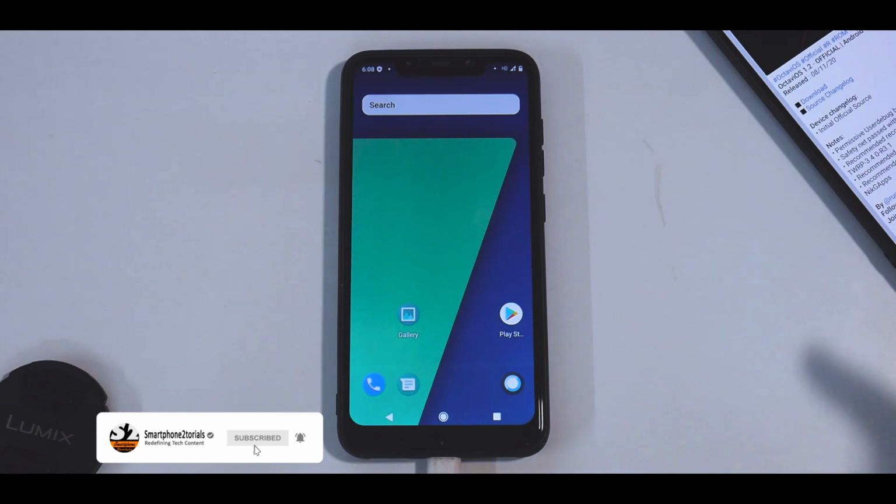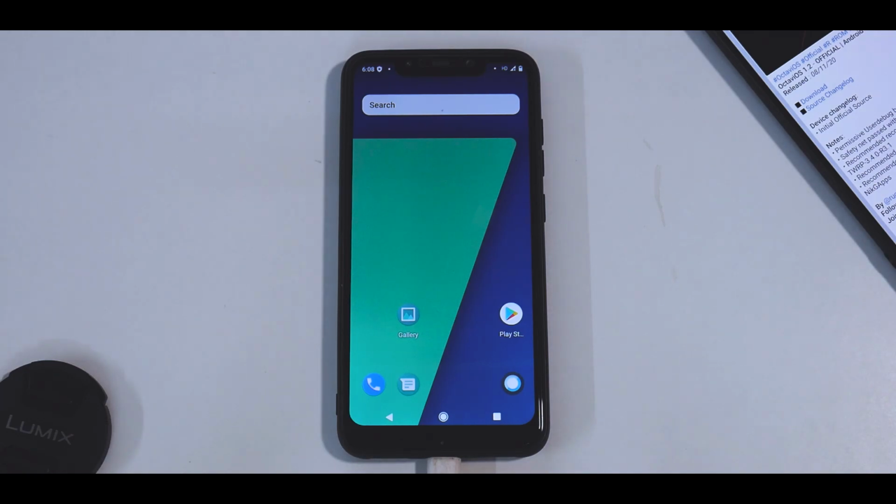The version is 1.2 official based on Android 11, release date 8th of November, and it is the initial release. So we will talk about the notes here: permissive user debug build, SafetyNet passed with Magisk Hide plus props and stuff like that, recommended firmware 12.0.2, recommended GApps for vanilla is Nick GApps. So from the looks of it, it does look like a very initial build.